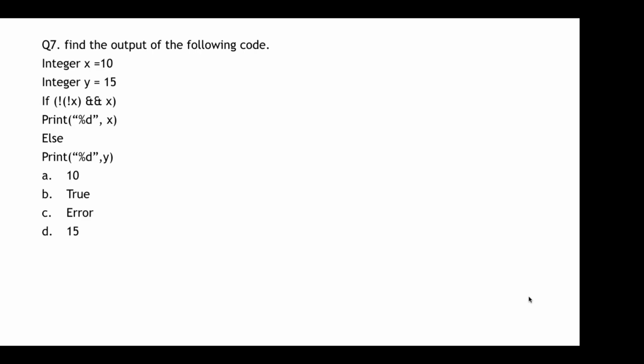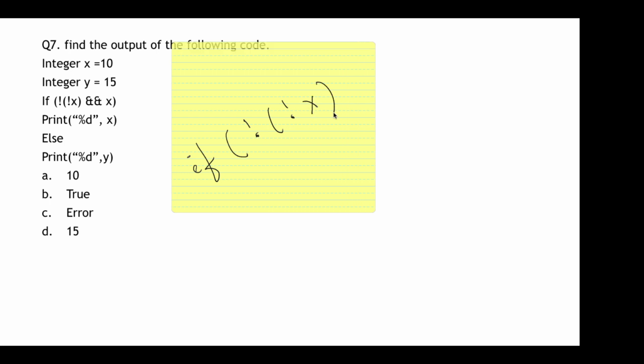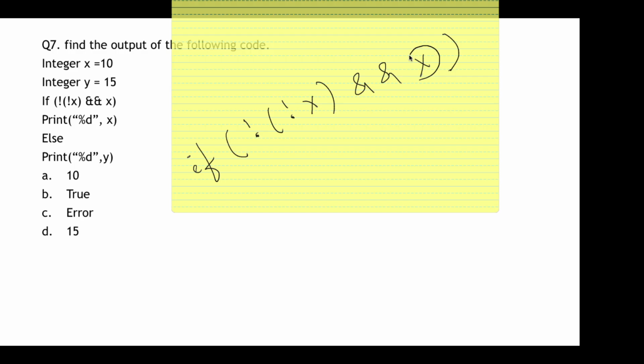Moving on to the next question. X value is equal to 10. Y value is equal to 15. Now it says if not of not x and x. As told before, if only x is taken and there is a proper number assigned to it other than 0, then this value is true.